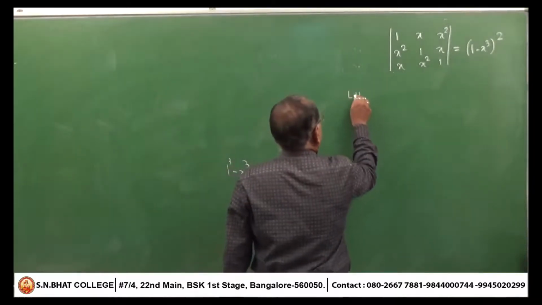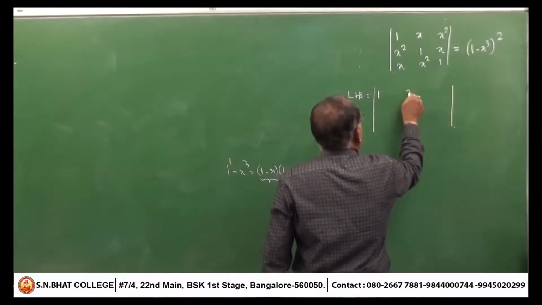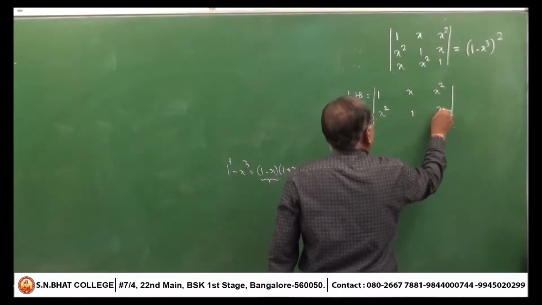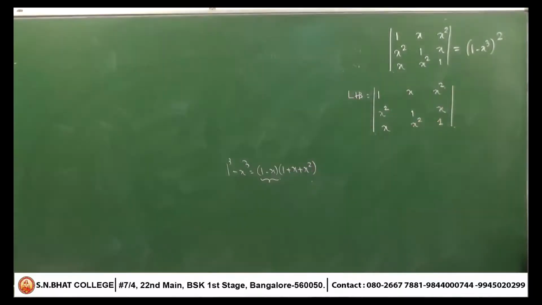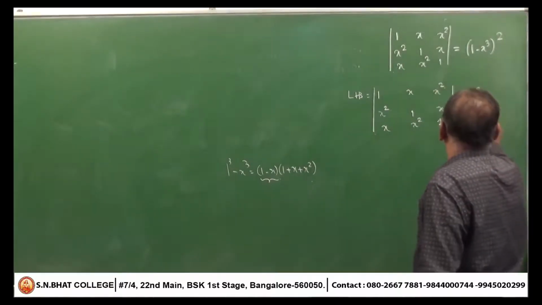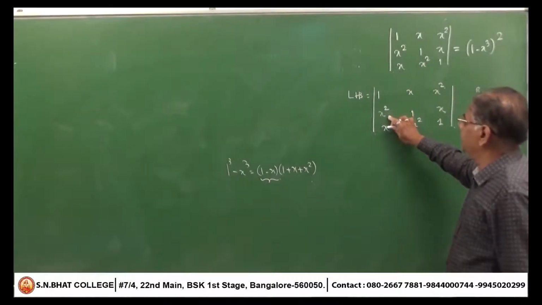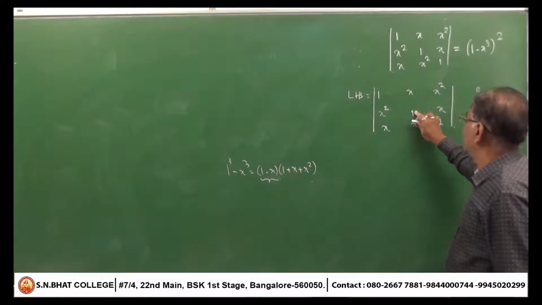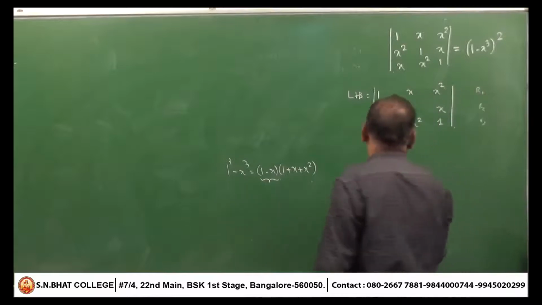First you write the left hand side determinant. Left hand side determinant is 1 x square, 1 x, square. See, try to get 1 minus x as a common factor. See R1, R2, R3. If you do this minus this, it becomes 1 minus x square. That can be written as 1 minus x into 1 plus x. This minus this, minus of 1 minus x. If I take minus x common, 1 minus x common factor will take.